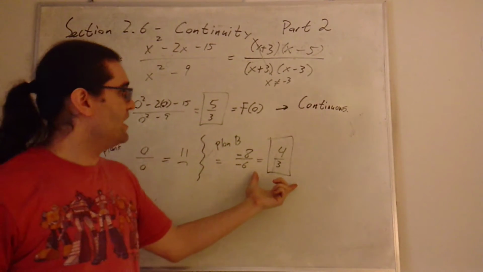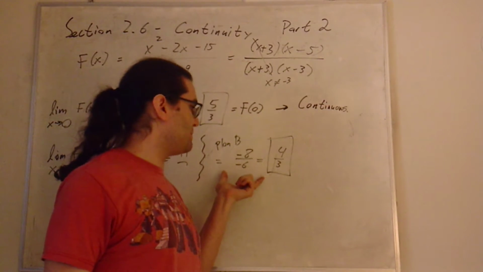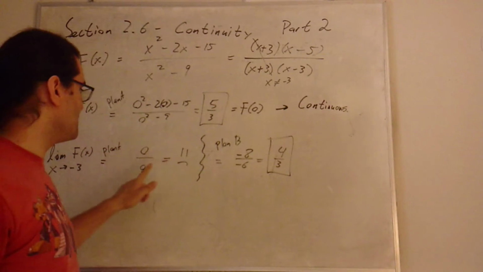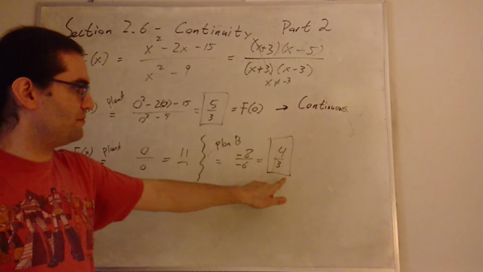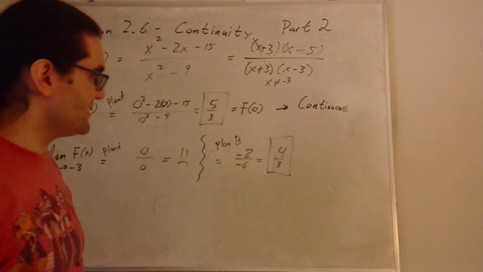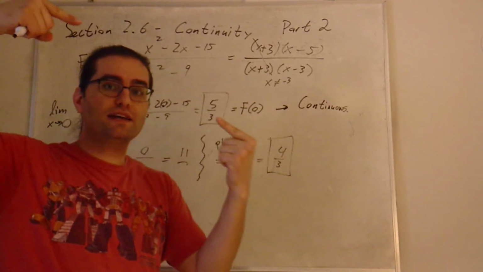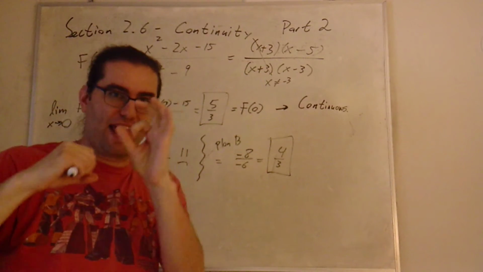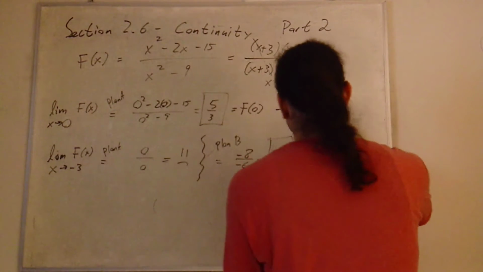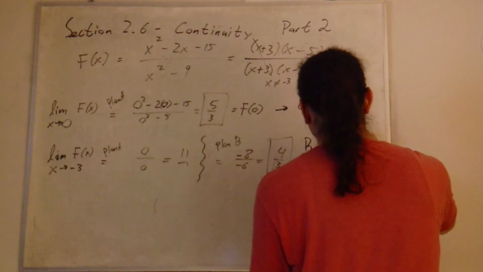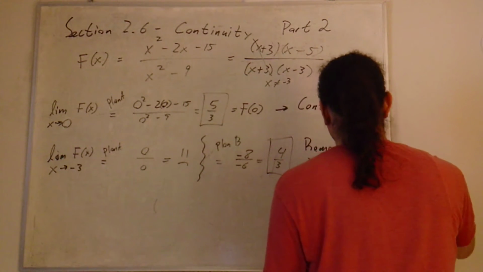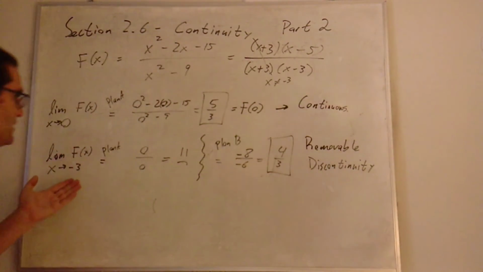So, I have a limit from plan B, and here's what this means. Anytime plan B is the plan that succeeds, that means that the function does not exist, but the limit does. As long as the limit exists, that means it looks like it's going to a point, it just doesn't actually quite get there. That means it's fixable, removable. This is a removable discontinuity,